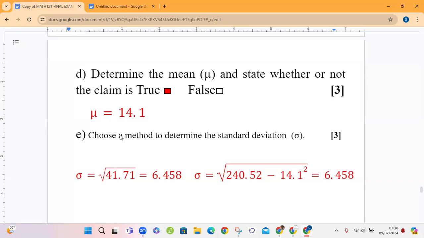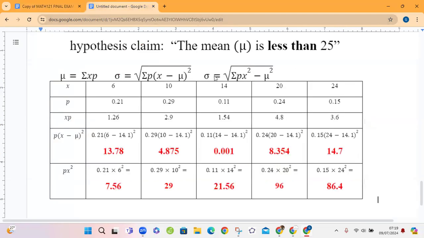Now part A says to choose a method to determine the standard deviation. There are two formulas to calculate the standard deviation. This formula here says we've got to find P, open bracket, X minus mu all squared. We've got to do this for each X value and then add it up and then square root. So as you can see here, the first P times open bracket X minus mu all squared, here it is, 0.21, which is P here,